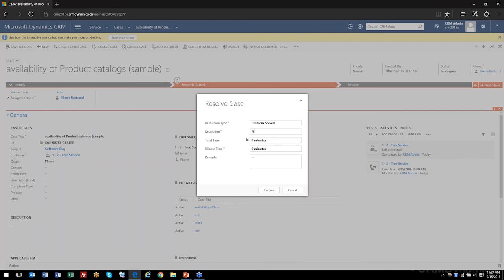Once you click resolve, this will make the current case that we're on inactive, closed, resolved, and it will add a small activity record to the case that contains this information. This will allow you to track what happened when the case is closed. So if we resolve this,